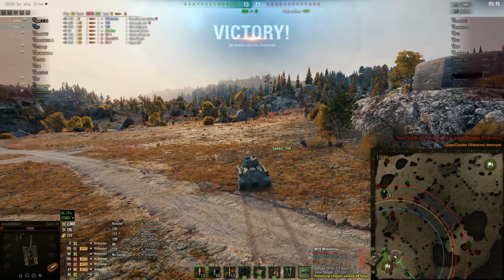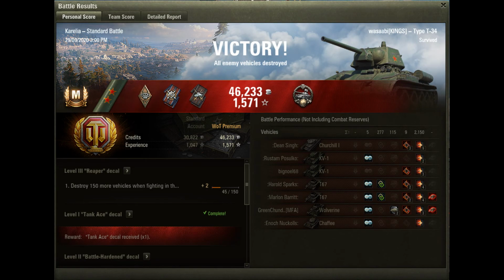And we'll look at the results. So the results, got the second Mark of Excellence, which I was expecting, but I didn't expect this to be an ace tanker game, so that was a nice surprise. Also got the Spartan medal for playing with less than 10% of health for the tank, which we were at the end. As we talked about, got 2150 damage and 277 assisted damage,